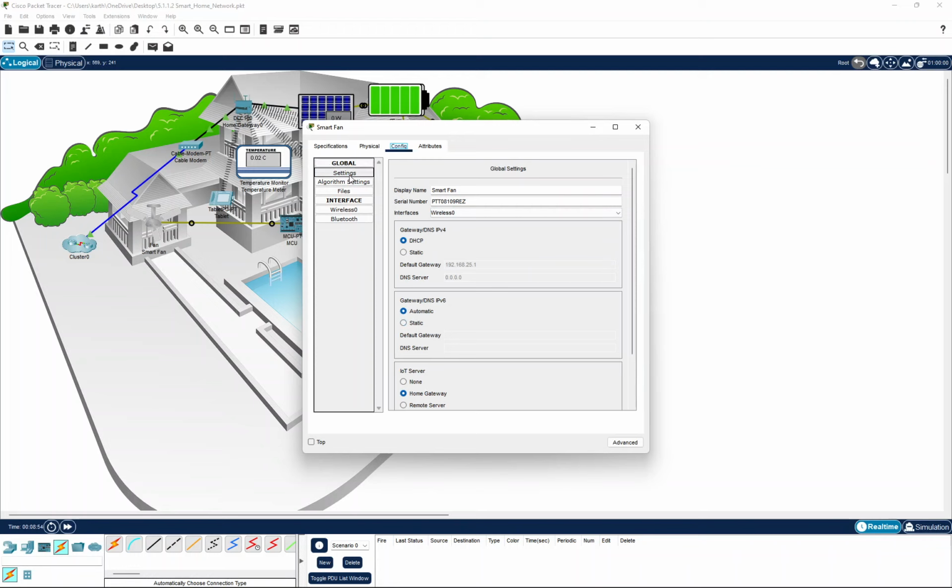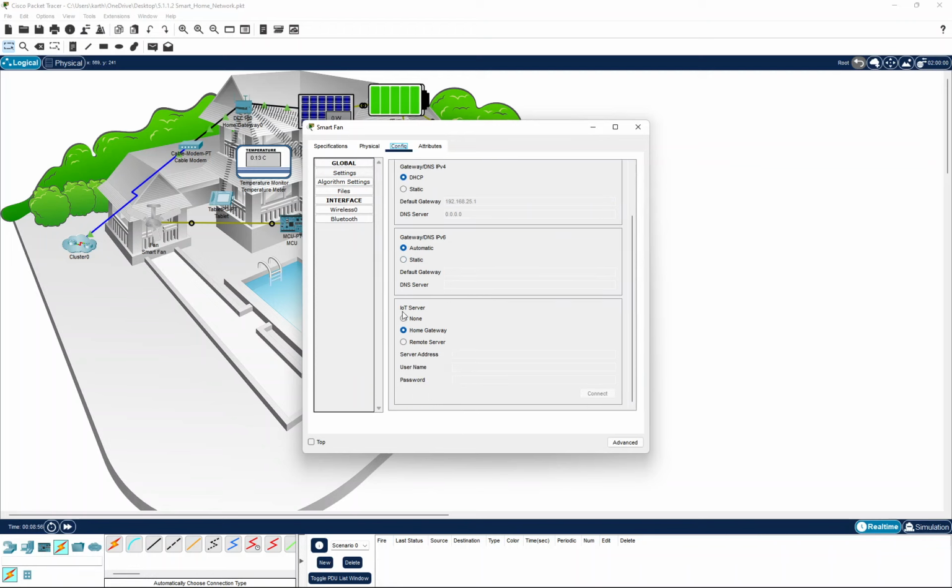On the global, click on settings, scroll all the way down, and you see IoT server. At this point we're using the server as our home gateway, but I don't know why this feature is not working. So we're going to add it on our own. Let's click on remote server, and the server address is our home router gateway address. So it's just 192.168.25.1. And the username is admin and then admin,